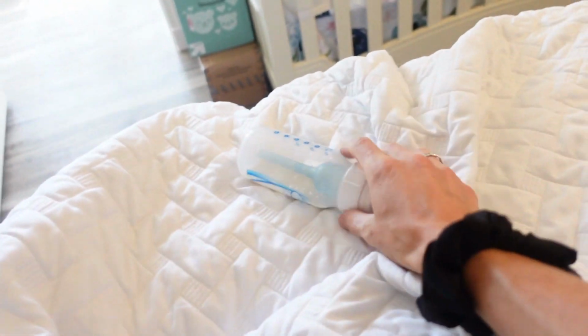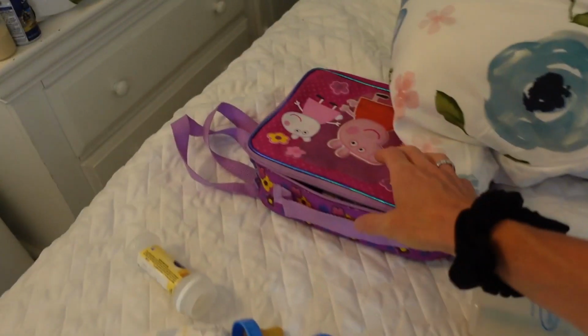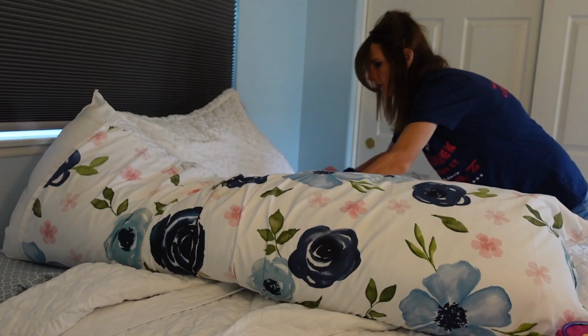But you can tell it's like a disaster in here. This is what it looks like every morning when we wake up. I mean, look at this. There's bottles, diapers, like I don't even throw things away. I just kind of toss it here. So I need to get this room cleaned up a little bit and then head downstairs and find out how